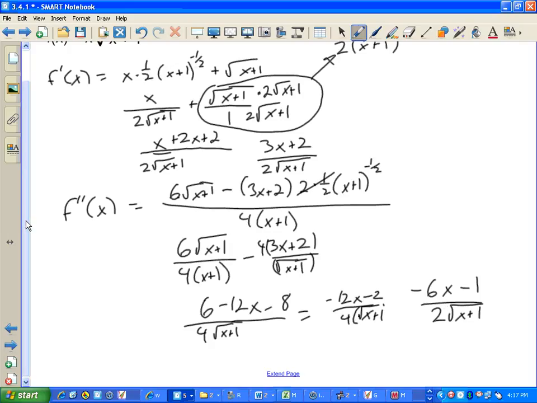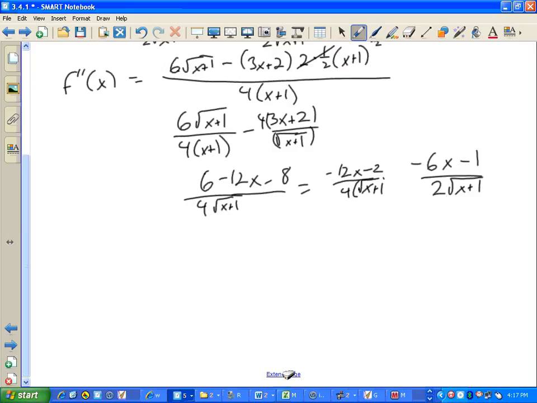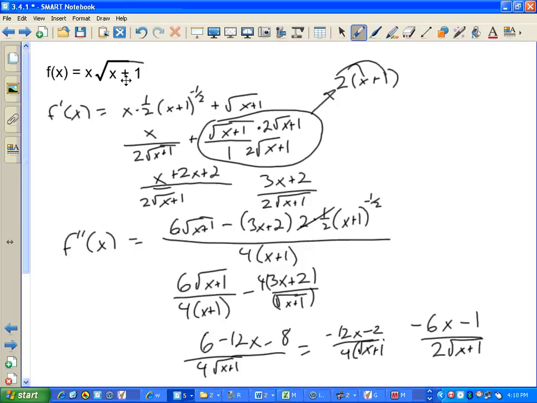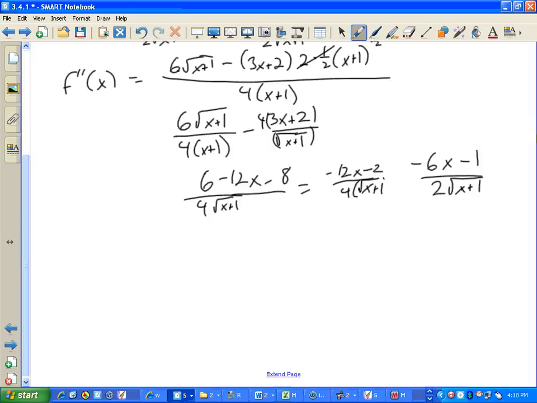Okay, so points of inflection, I need to know when this is undefined. Looks like when x is negative 1, it'll be undefined because that'll make me divide by 0. And really anything that's less than negative 1, so like negative 2, negative 3, negative 4, all those are going to make this imaginary. So those don't even work. In fact, in our original function, those wouldn't work either. Okay, this graph starts at negative 1. So starting at negative 1, which is also a point of inflection, which really isn't going to matter because it can't change from anything if nothing's happening to the left. So I can pretty much ignore this point of inflection